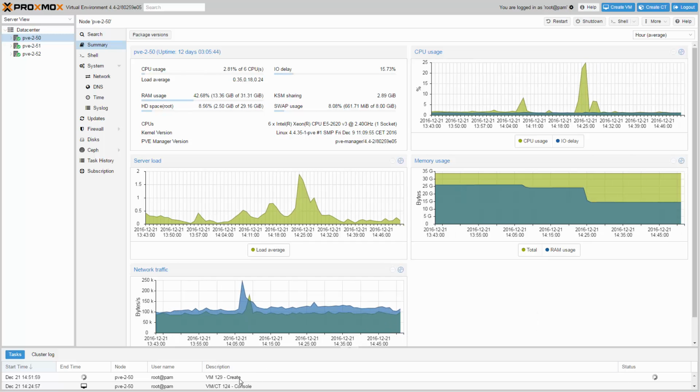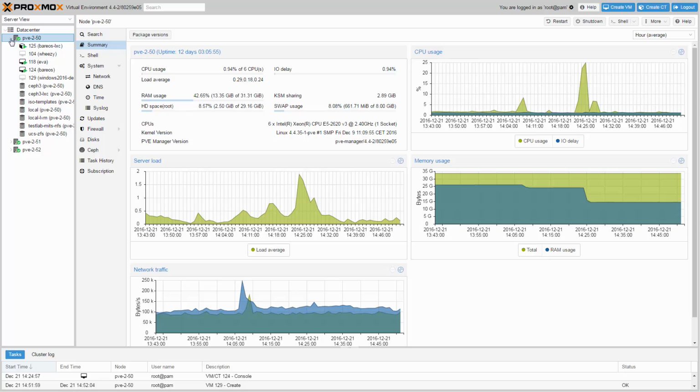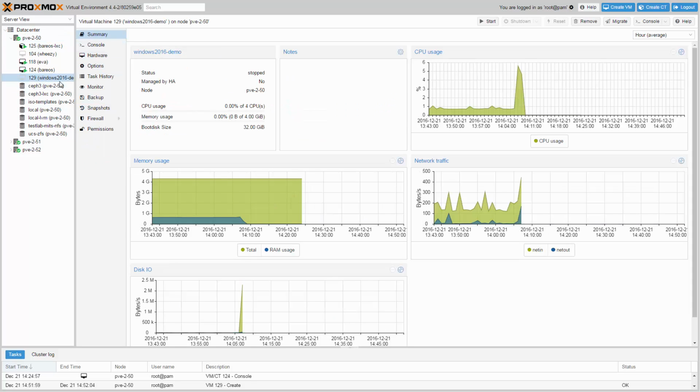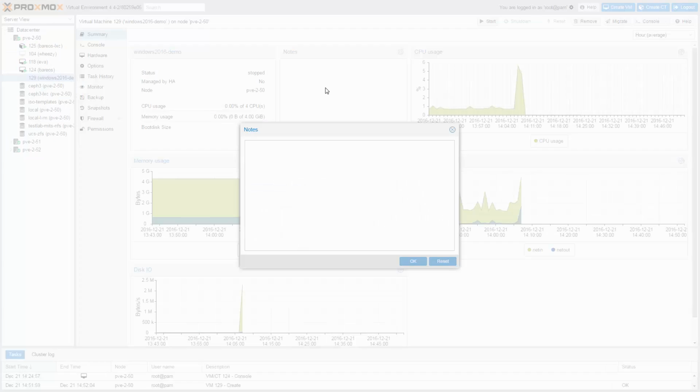Now, the VM is created. You can see the progress in the task bar. The VM 129 now shows up in the tree. Here, select the new virtual machine. If you want to add some remarks, click in the Notes field and enter your notes.